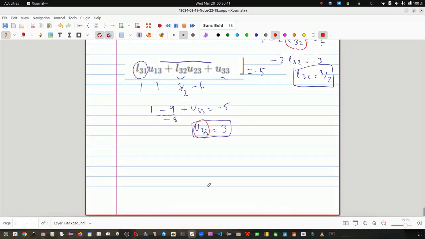If we collect all, we will be able to find out that our matrix will be a lower matrix